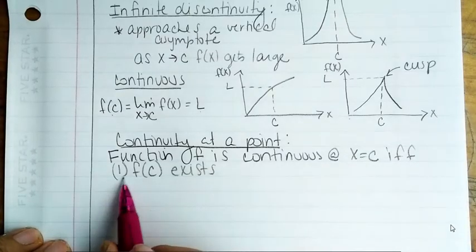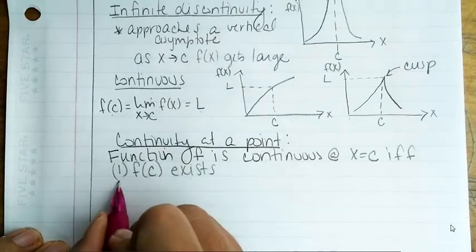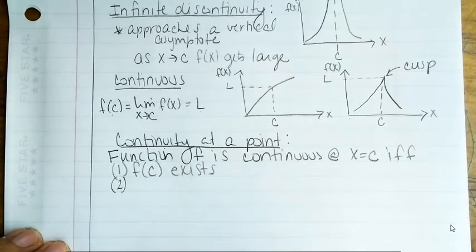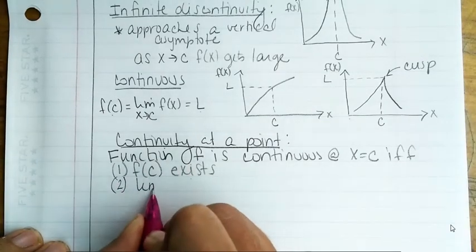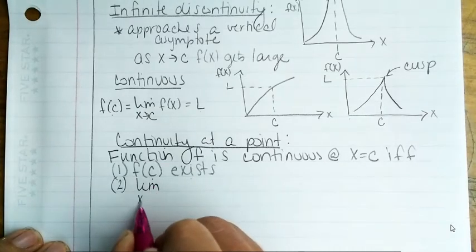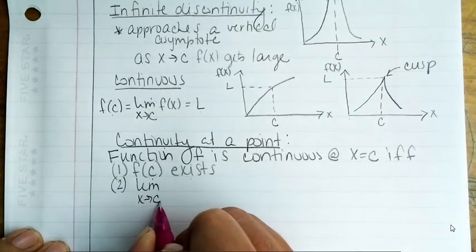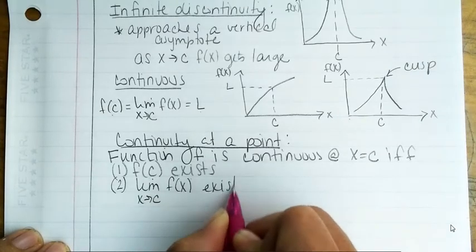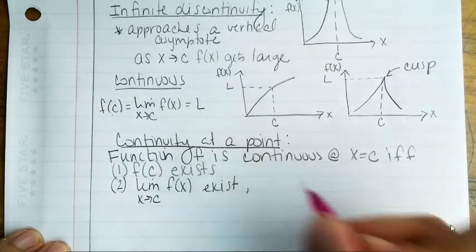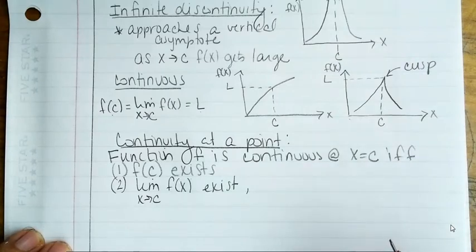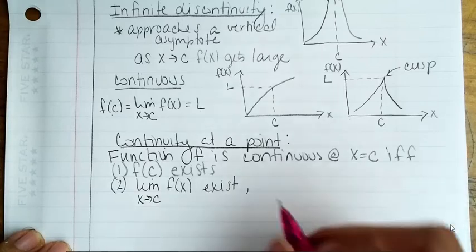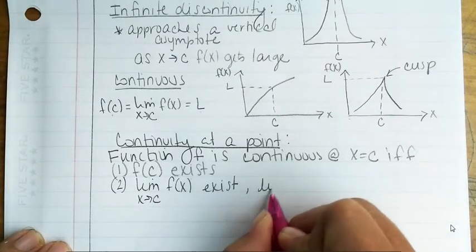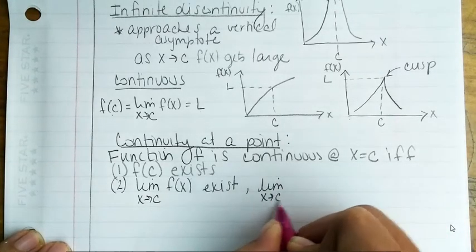Okay, so first of all, f of C exists. Second thing that needs to be true is that the limit as x approaches C of the function f of x has to exist. Now, what does this mean? Hopefully by now you realize that a limit can only exist if it is the same from both the left and the right. So that means that the limit as x approaches C